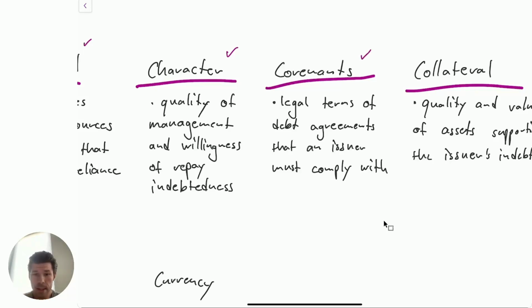Then covenants. It's very important in indentures, like debt agreements, where the issuer has to comply with certain criteria. For example, you cannot take an additional loan, or your EBITDA margin needs to be higher than a certain level, or whenever you invest more than a certain amount, you need to let the debt provider know. So there are certain restrictions which give the provider of capital a bit more control.